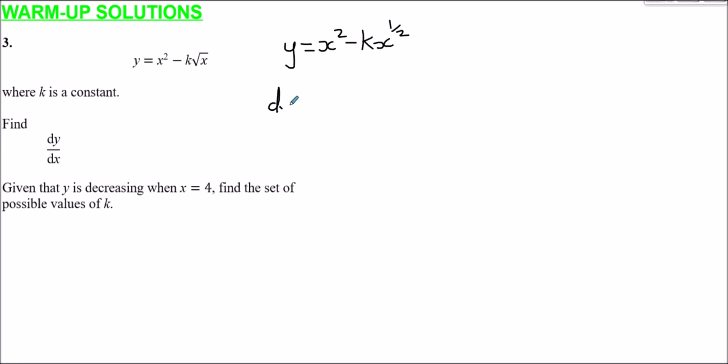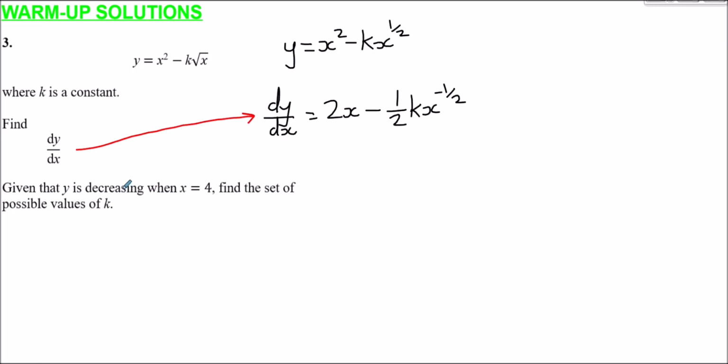So dy by dx, all we need to do is bring these powers to the front and knock one off a power. So bring the 2 to the front. 1 less than 2 is 1, so I have 2x to the 1, which is just 2x. Here, the half comes to the front, so now we're going to have a half of k. The power of x now becomes 1 less. A half minus 1 gives us minus a half. So dy by dx